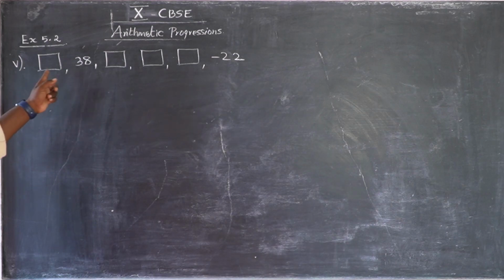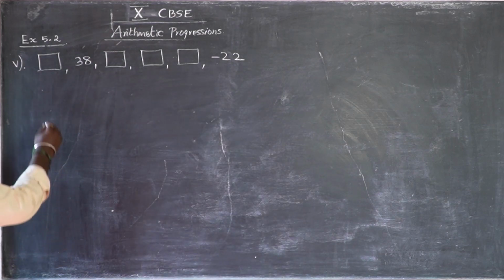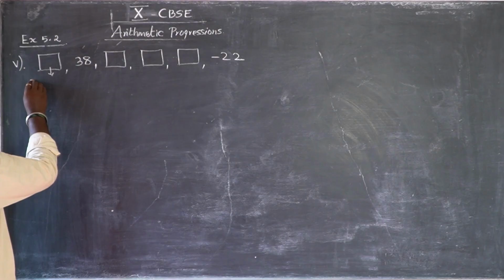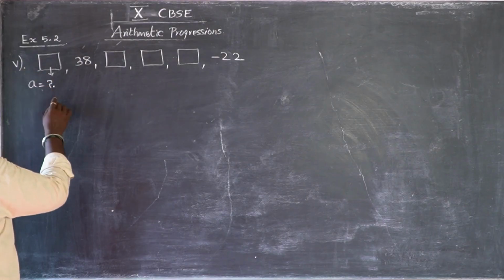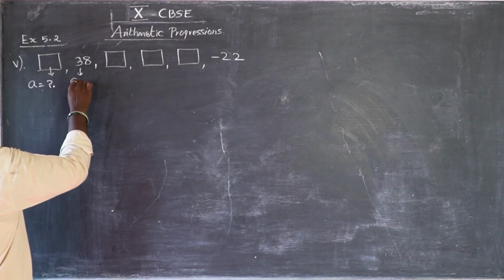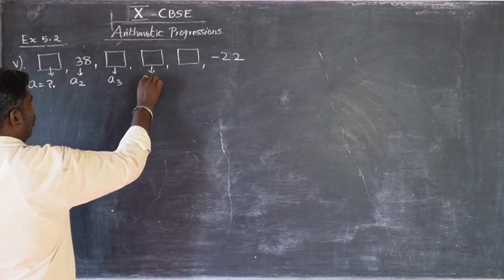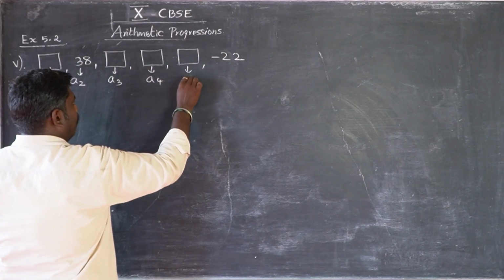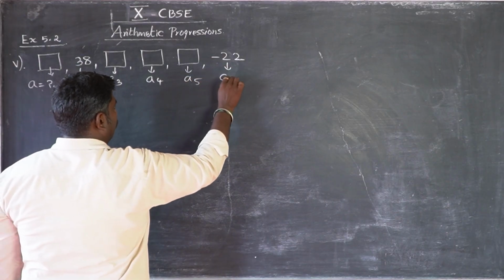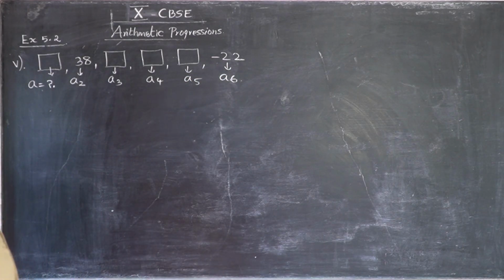Here also there are 4 missing boxes. So here the first term is missing. We don't know the value of A. First term, and second term is given. Second term. And this is third term, and this is fourth term, and this is fifth term, and this is sixth term. So we know there are 2 terms. That is